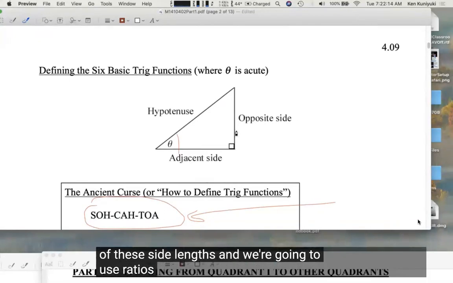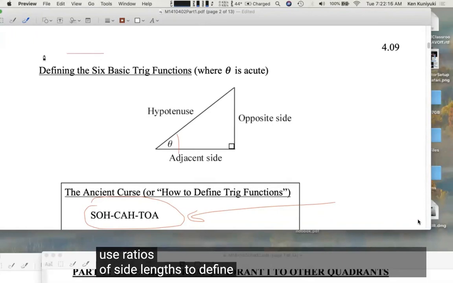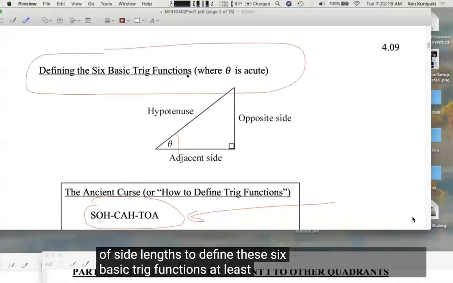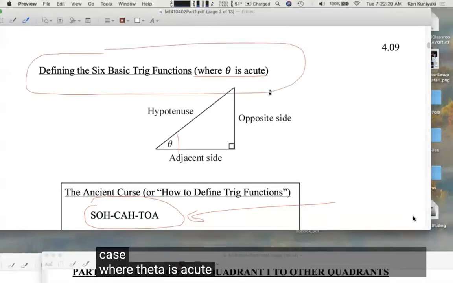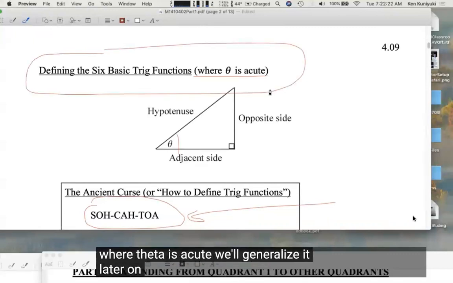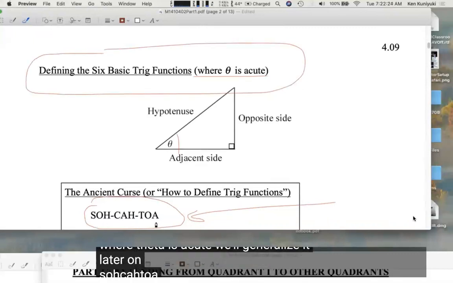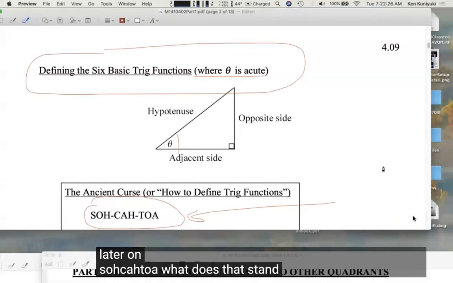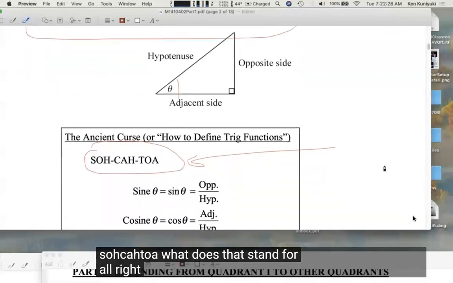And we're going to use ratios of side lengths to define these 6 basic trig functions, at least in the case where theta is acute. We'll generalize it later on. Sohcahtoa. What does that stand for? All right. So the sine of theta,